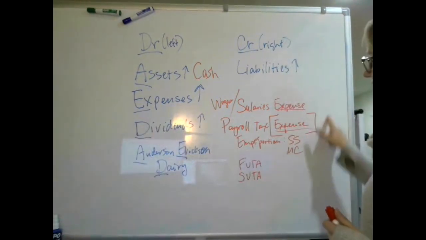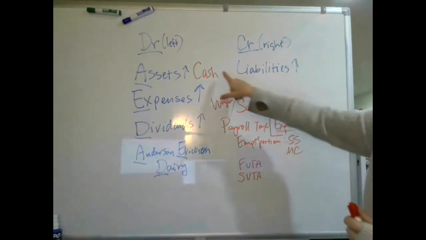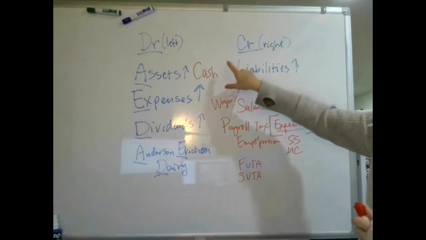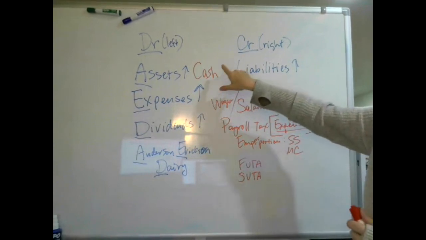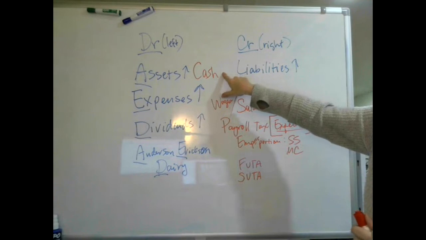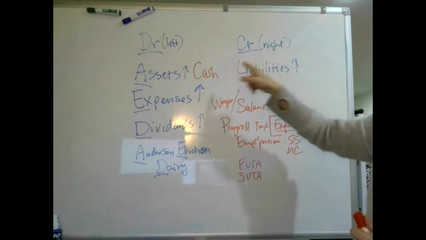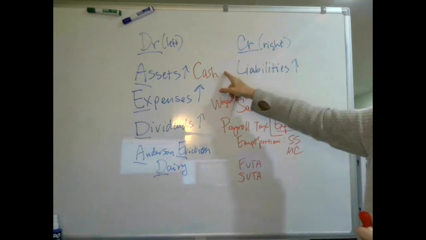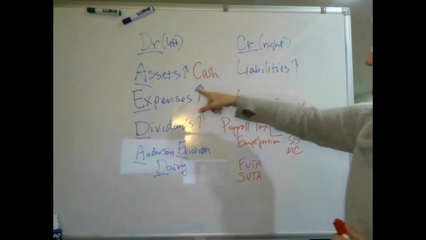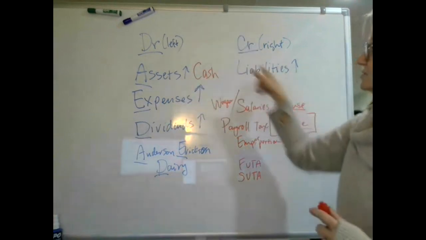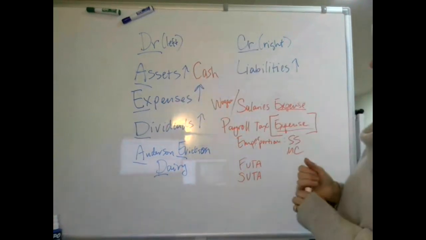So for these expenses, a lot of times you're going to have cash as well. Now, this is kind of weird. Cash is actually going to be on the right side, even though it's an asset. We're not increasing it, we're decreasing it. So if we are decreasing it,